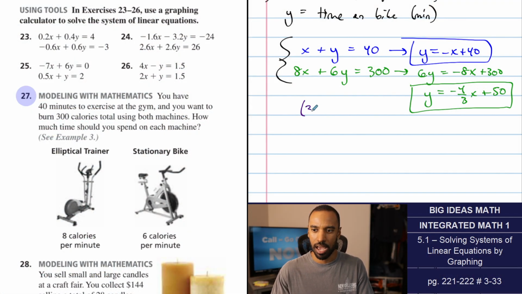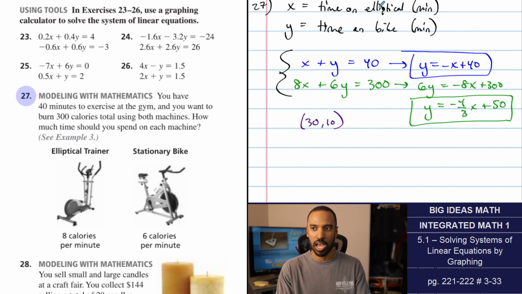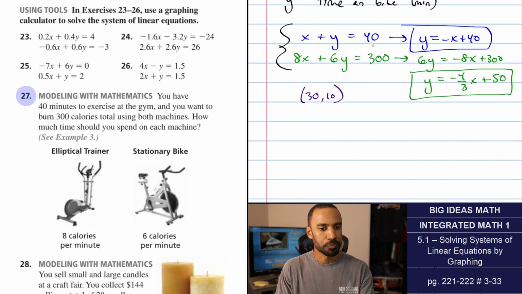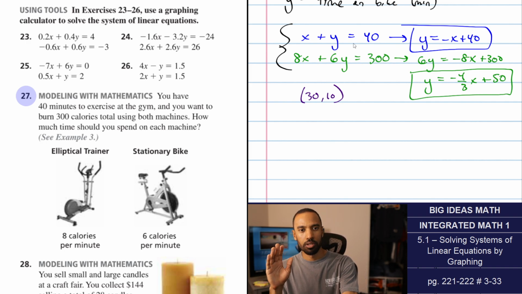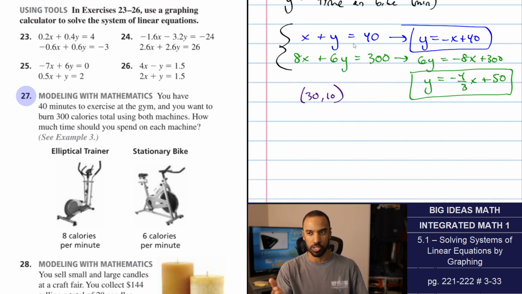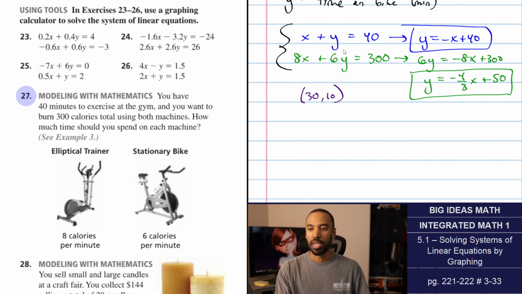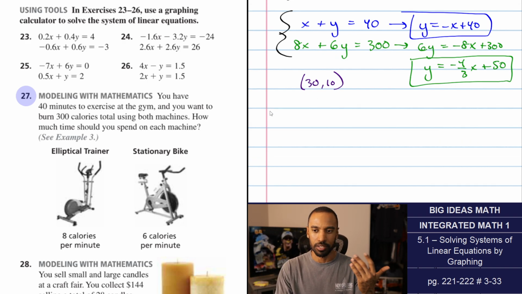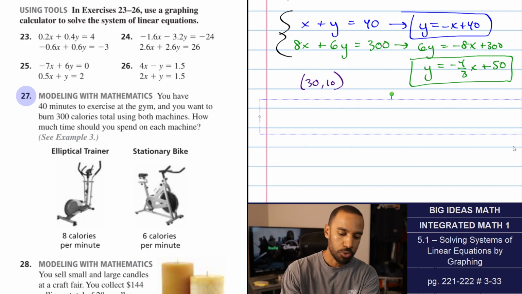But that's not how I'm going to write my final answer. 30 is x, 10 is y. We want to represent that as time on elliptical and time on bike. So to exercise for 40 minutes and burn 300 calories, and that's exactly 300 calories. You could burn more if you just stay on the elliptical. But if you want to burn exactly 300 calories and you like biking and stuff as well, you should spend